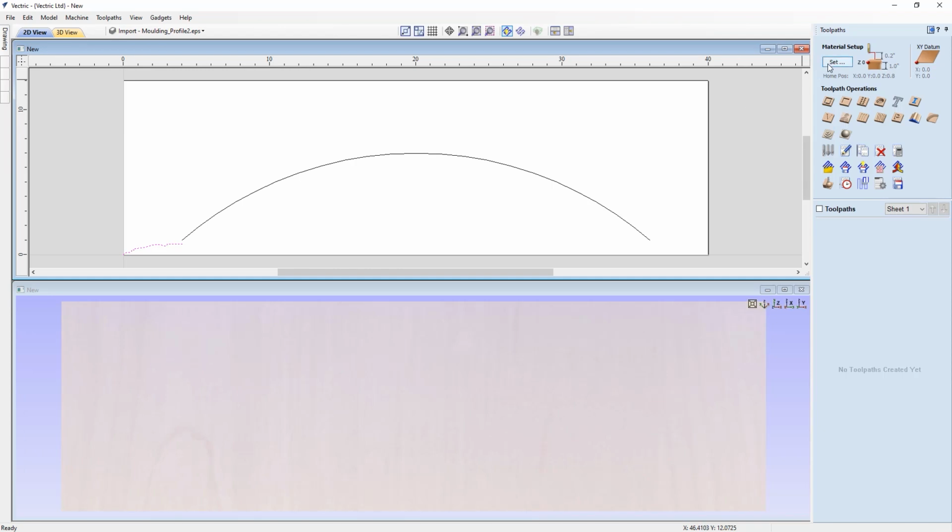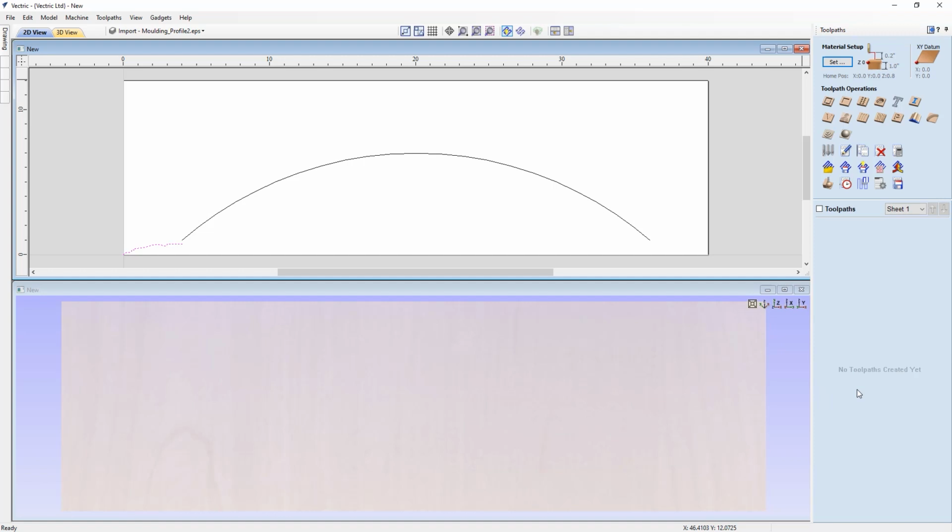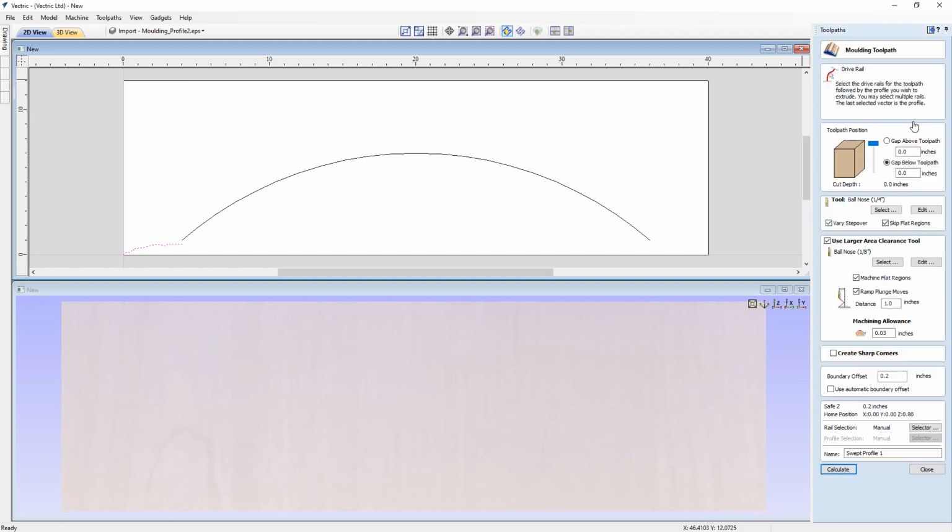Now, as always, we're going to check our material setup before we start. The thickness of our material is 1. The datum set to the lower left. We're zeroing off our material surface. There's no gap above our model. We're not using any 3D content, so we're going to make sure it's all the way to the top. And our rapid Z moves and our home start position are safe and appropriate for our machine. I can click OK. Let's go into our molding toolpath, and we'll select our drive rail first,